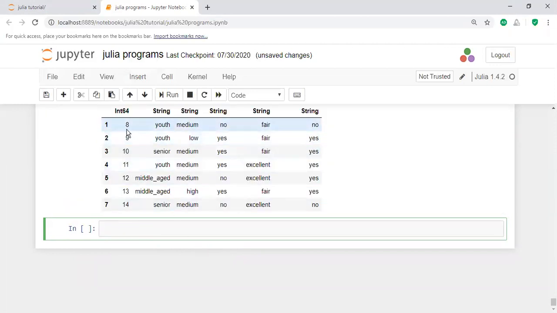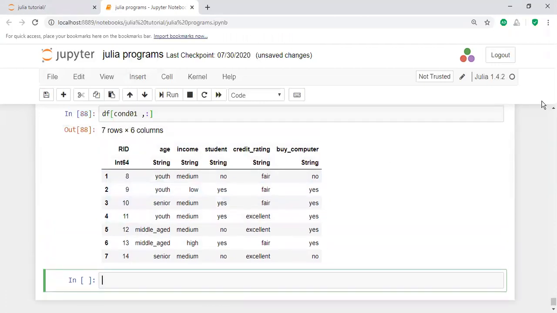The mean here is 8. What is the mean value for the df? The df is 1, 2, 3, 4 up to 14. From the 14, 8 is the mean value. From the mean value, it displays the different rows. That is one of the observations. In this way you will perform the different functions.